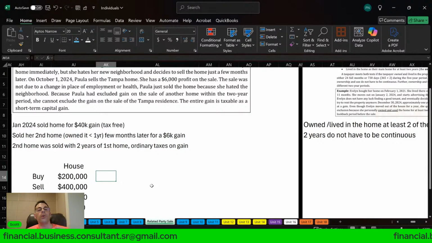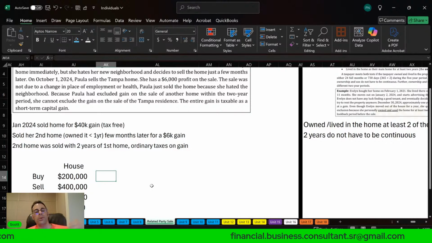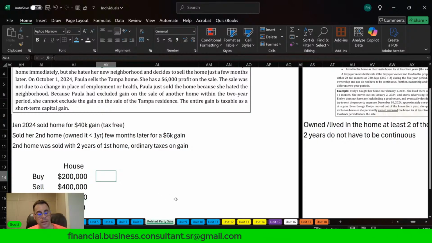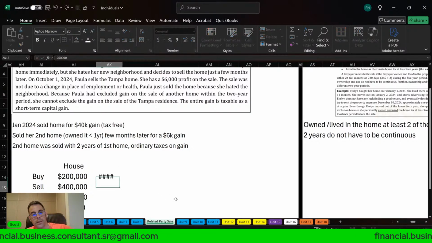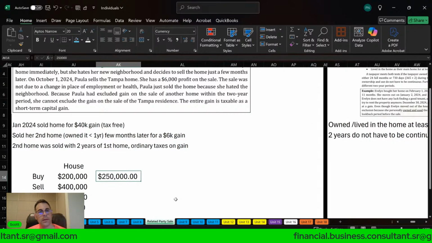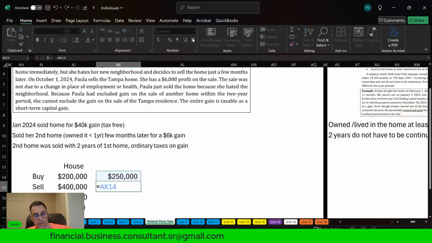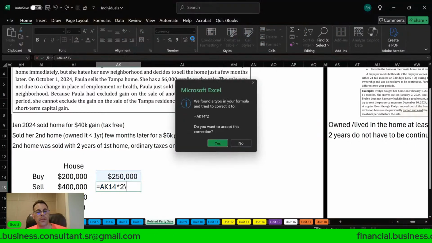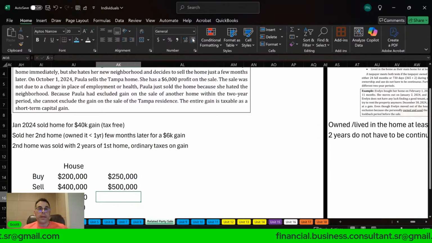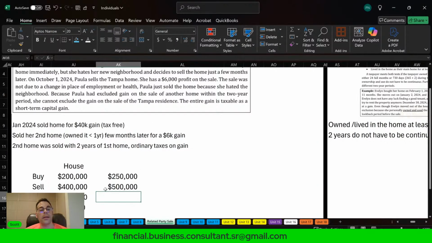It's only for your primary residence. It's not for rentals. So if you buy a property and rent it out, it's not for that. So $250,000 tax free. And if you're married, you get $500,000 tax free. That's pretty nice, right? If you're at that tax rate, that's almost $100,000.